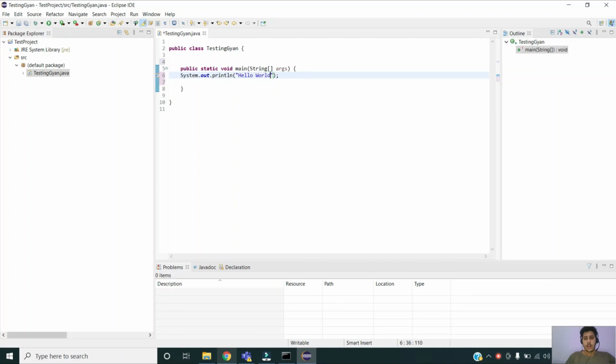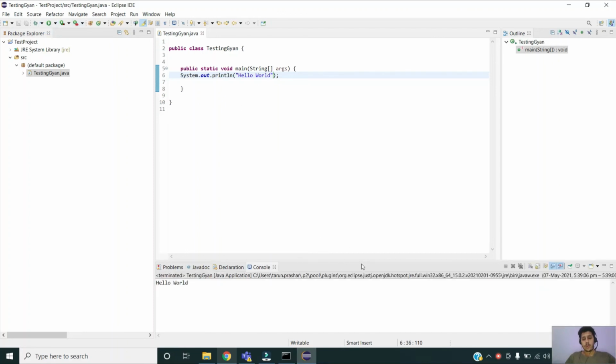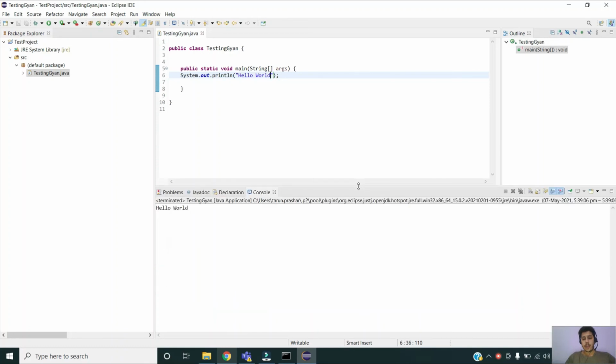Now if I want to run my code, I simply have to click on this run button. I can save my code from here. This section of my Eclipse IDE is basically the editor. If I click on the run button, you can see it shows me the output in the console of the IDE itself. So these are a few of the features offered by Eclipse IDE, and Eclipse IDE is used by a number of people in this market and is a very commonly used IDE.